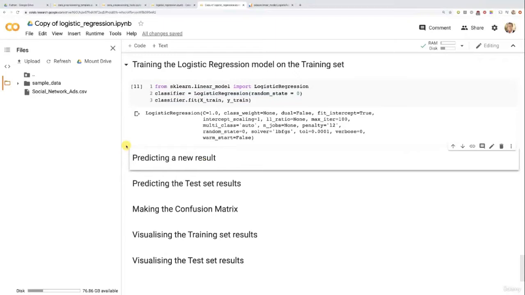And so here, the exercise that I would like you to do is to predict the purchase decision of a single customer. Which one would I like to predict? The purchase decision of the first customer in the test set, who you will see is 30 years old and earns an estimated salary of $87,000. So I would like you to take these two inputs, these two features with these values, 30 years old and $87,000 as the estimated salary, and now predict whether this customer has bought, yes or no,